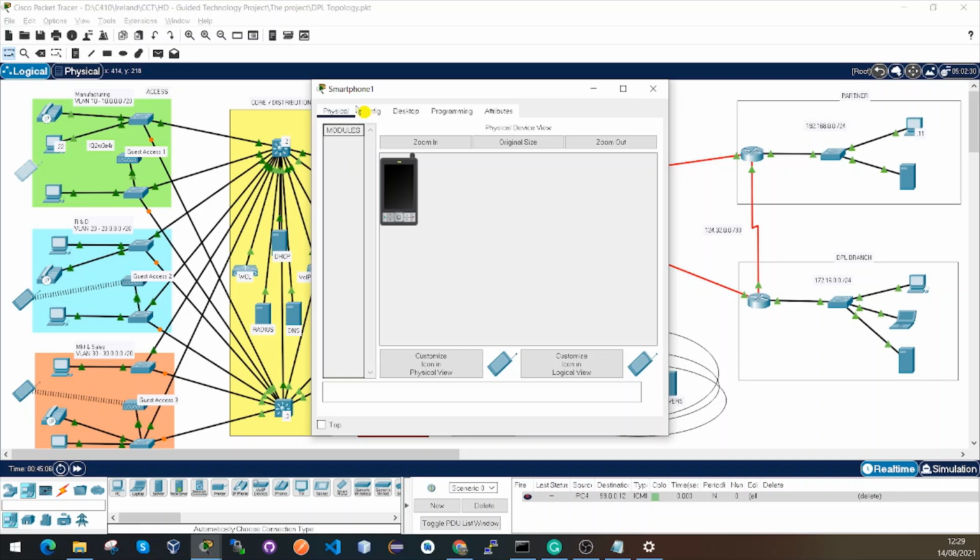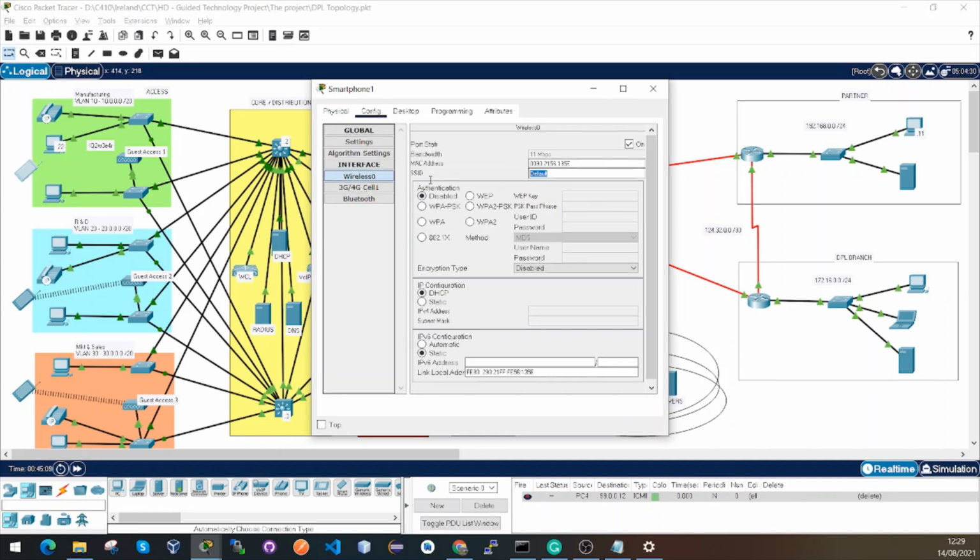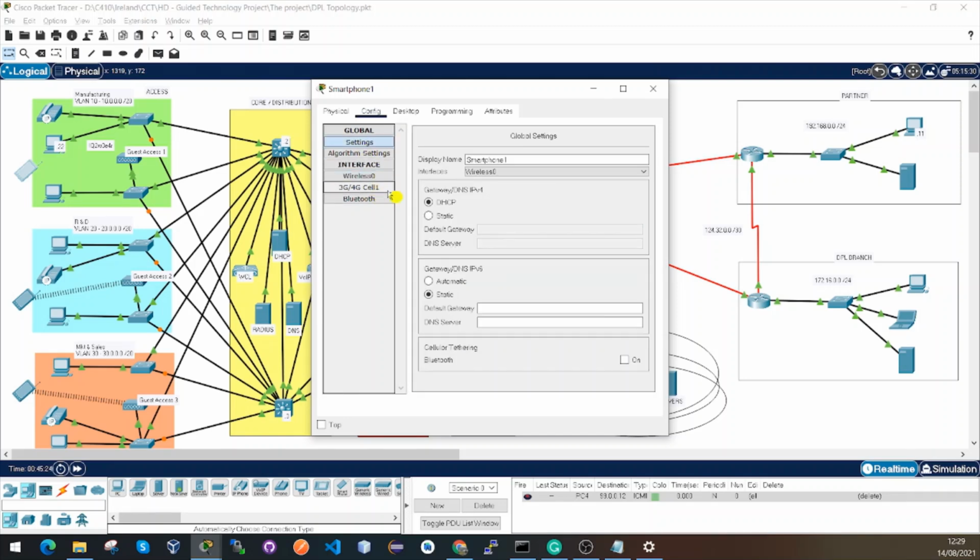First, we need to configure the wireless connection, putting the SSID, defining the authentication method within the WPA-PSK, and putting the password. I can show you. You can see the wireless connection established